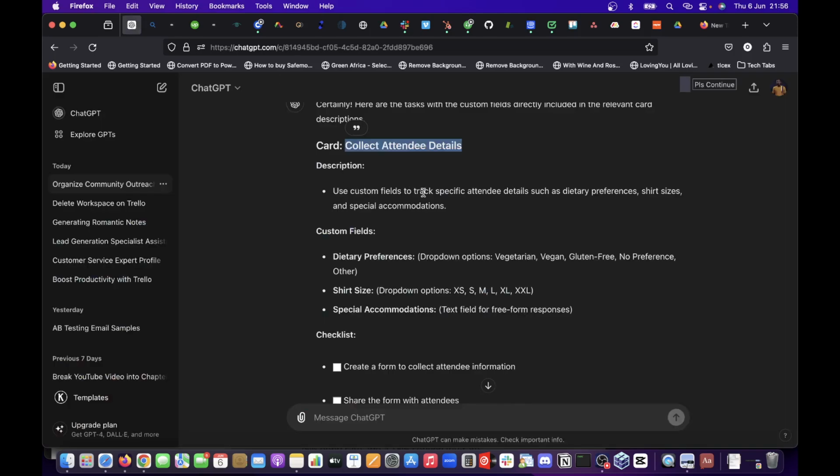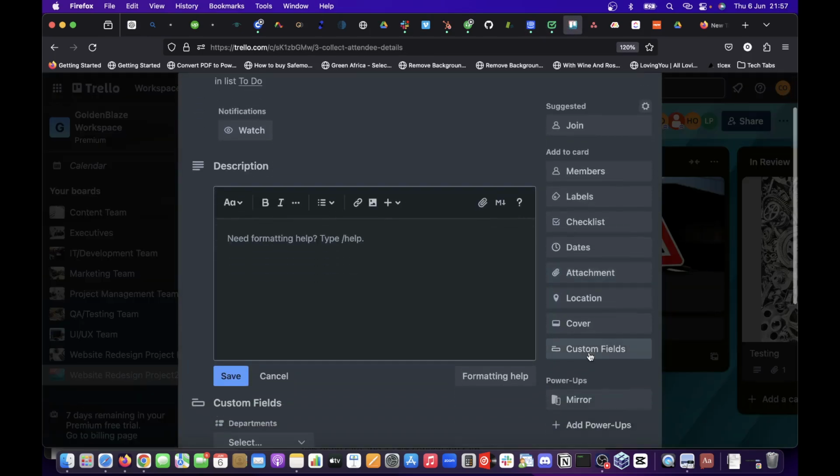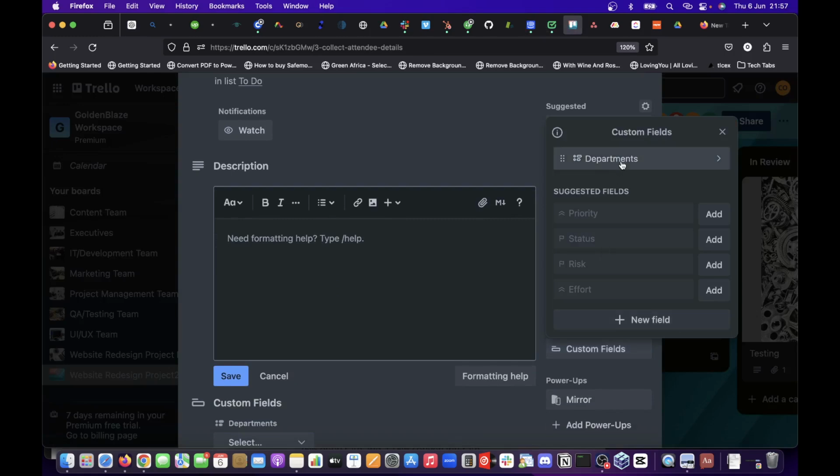It says use the custom field to track specific attendees' details such as dietary preferences, shirt sizes, and special accommodation. So custom fields, create a custom field called dietary preferences. Then use the drop down option. So let's start creating it to avoid plenty talk. So we are going to create a custom field here that will enable us to know